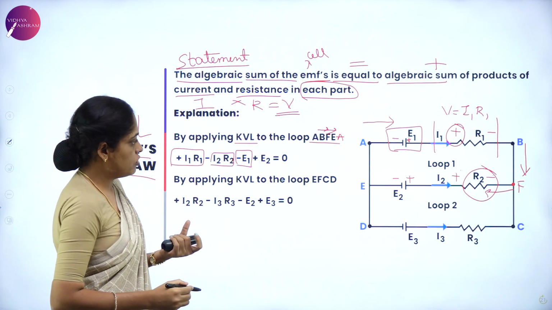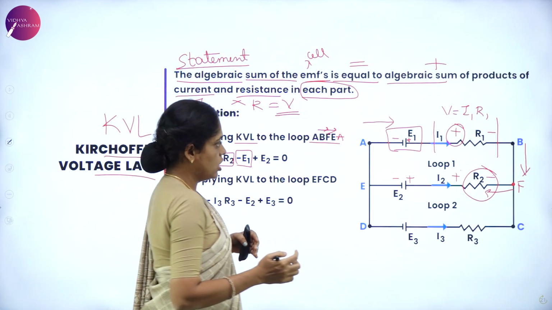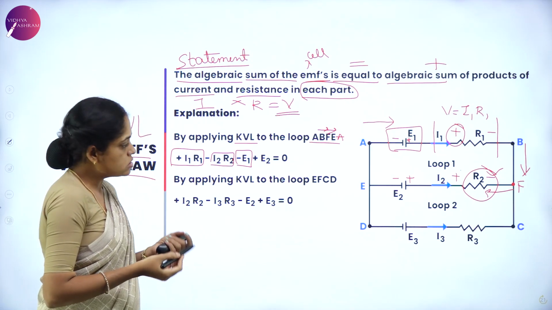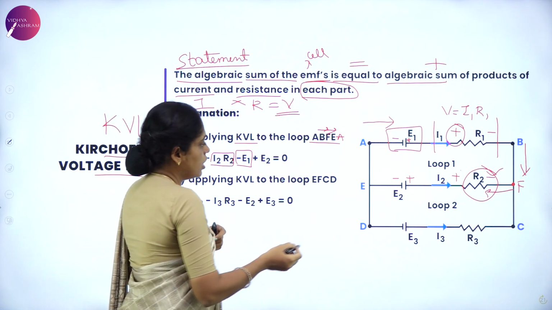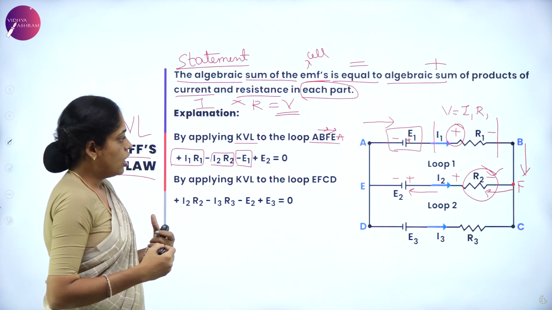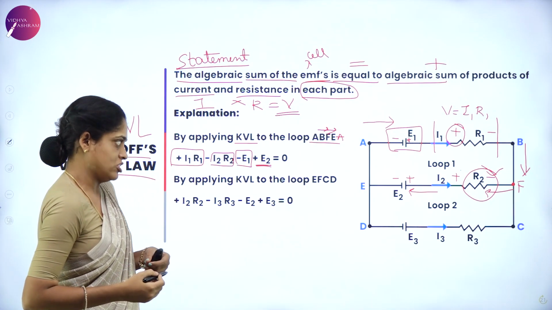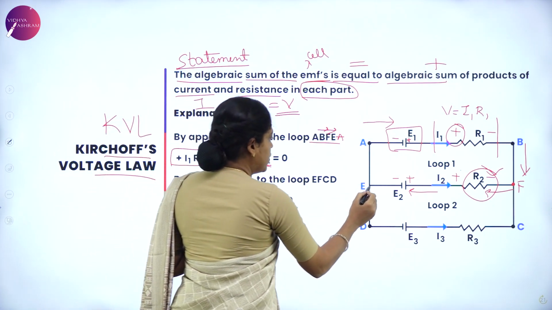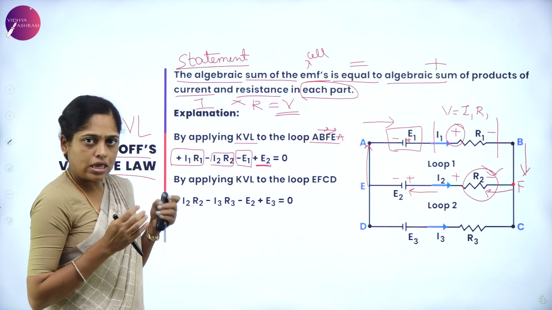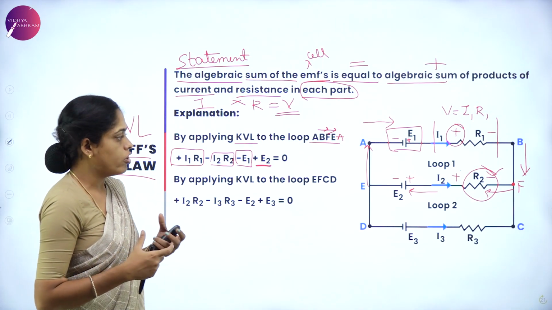And what sign convention do I need to consider? The first sign which I reach here is negative. Therefore, I2 R2 is negative. And next is the second cell between F and E, whose sign convention is positive, as I reach positive first. Now here we have completed the loop as there is no component across E and A. So this way you have to apply the KVL for a circuit.